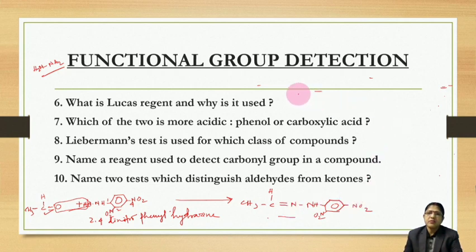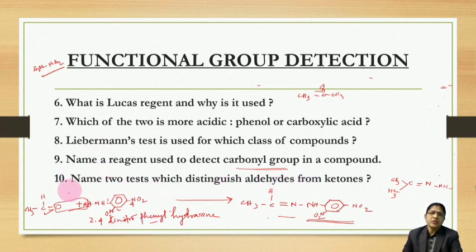If you consider also ketone, in this way you can write the addition product. Just here CH3, C, then double bond, then you will get N, NH, then rest everything. This one is the addition product. So 2,4-dinitrophenylhydrazine is used to detect presence of carbonyl group. Carbonyl groups form an addition product with 2,4-dinitrophenylhydrazine.